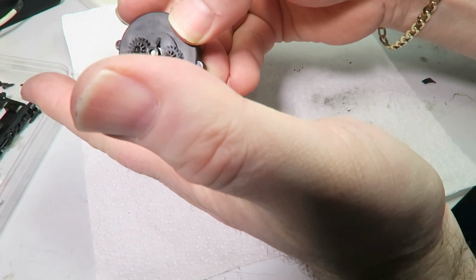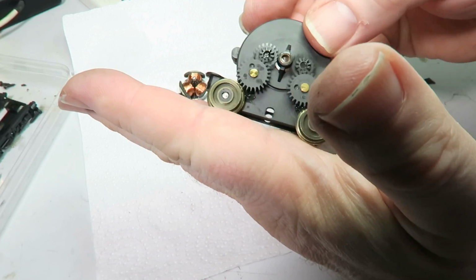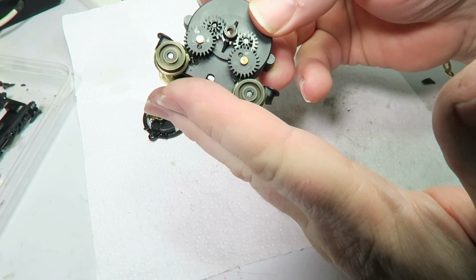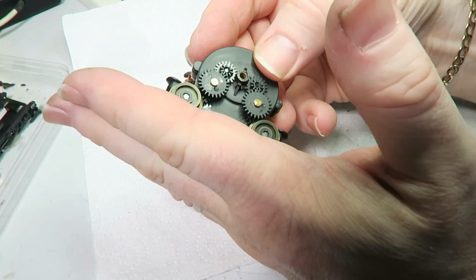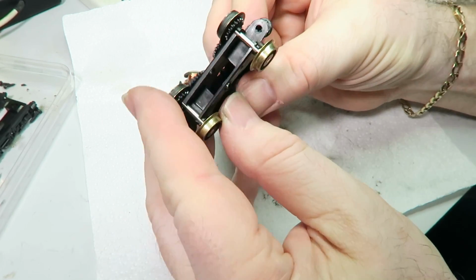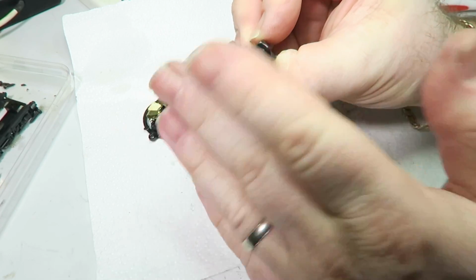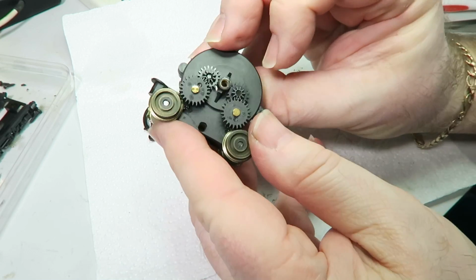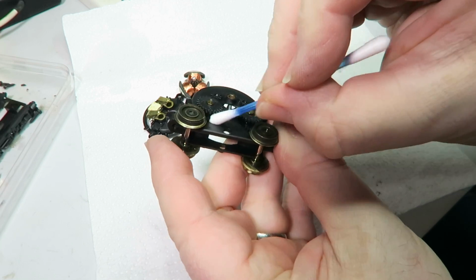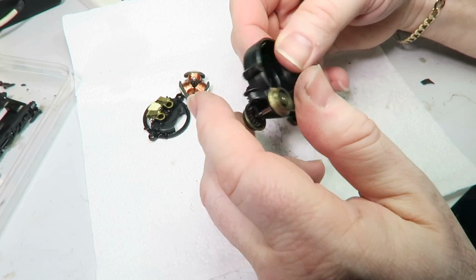Now what you're aiming for, I usually do it on the track, but as we're demonstrating, is that there's virtually no resistance. And the only oil that is on at the moment is on the pinions of the gears. The gears themselves have not been oiled. We've still not put the armature back, but we're now just verifying that everything else is nice and smooth even before we add oil, which it certainly seems to be. Obviously get a cotton bud now and just remove a little bit of excess oil that there happens to be about. Now the next job is to put the magnet back,